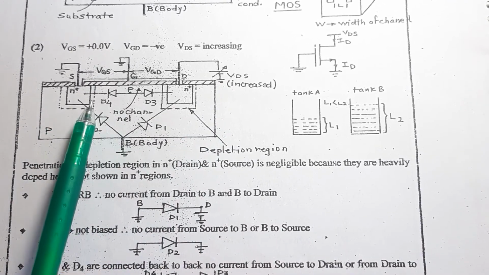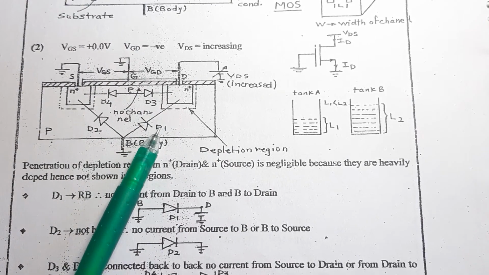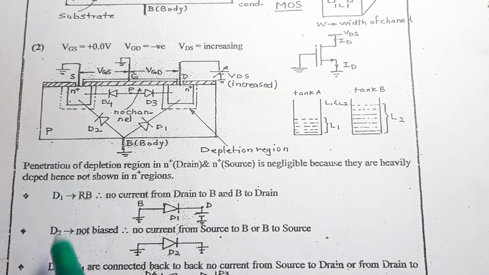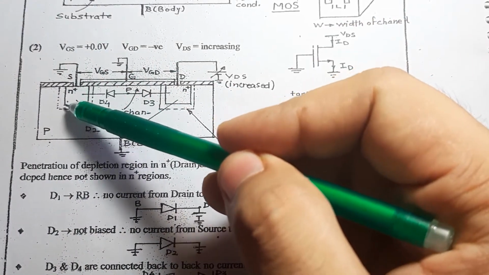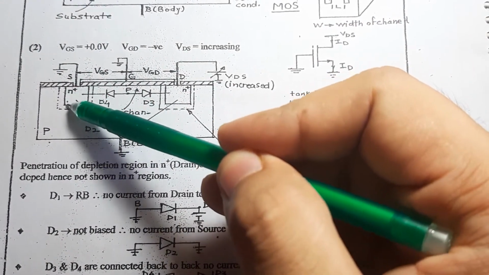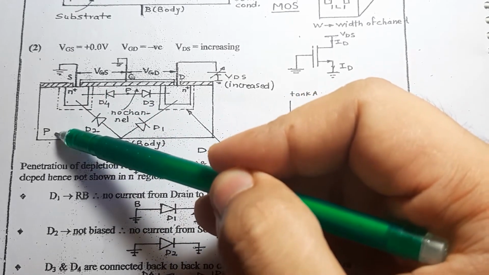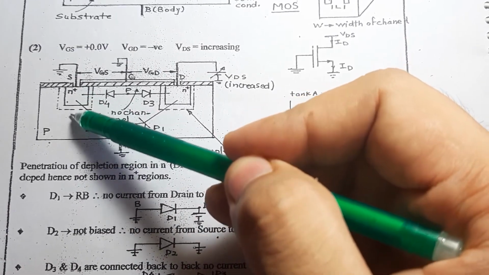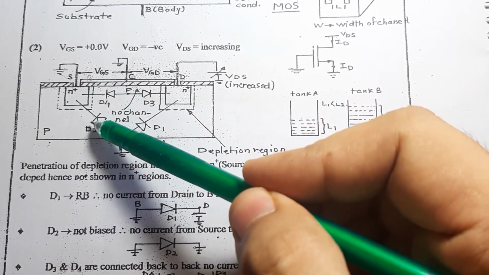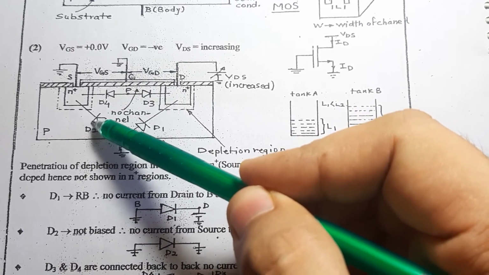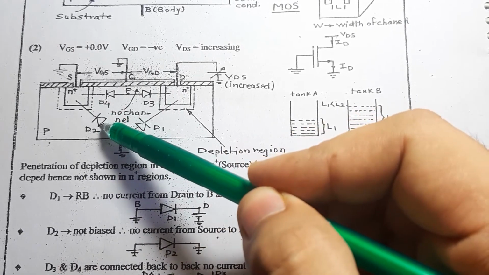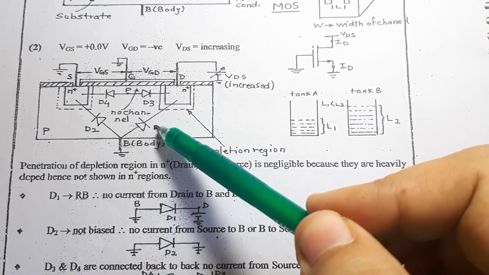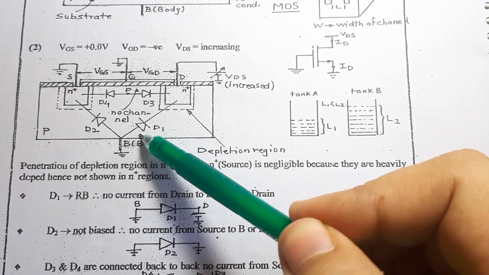First of all, I would like to go a little into our basics, that is our diode diagrams. Since this is an N channel and this is a P body, if you look carefully, this is N type material inside this box, and over here we have P type material. So can I say this represents nothing but a PN junction? It can be represented by a diode having a negative side towards your N side and a positive side towards your body. Similarly over here, you have the negative side and the positive side towards your body.